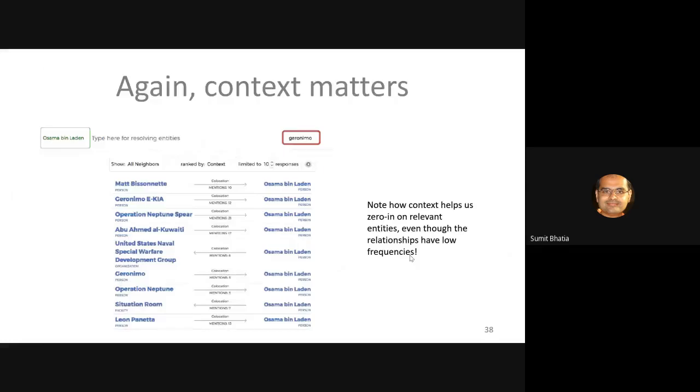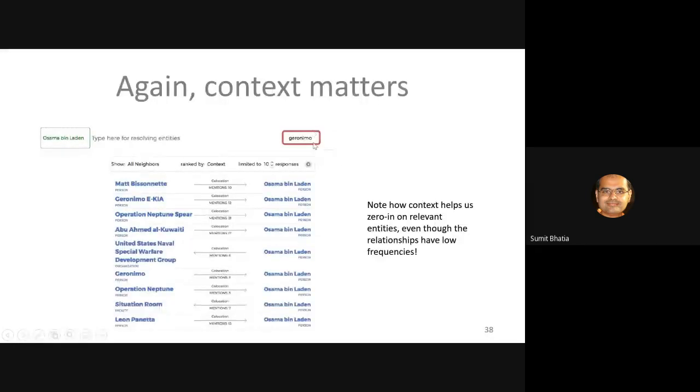So this is a screenshot of the system that was built by us. We had this thing where you type the name of the entity and type some contextual keyword, and then the system is able to offer a list of other entities that are very less popular, very infrequent, right? And are probably not known to many people.